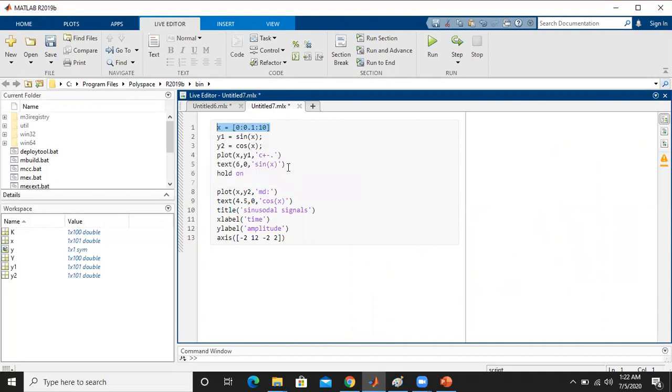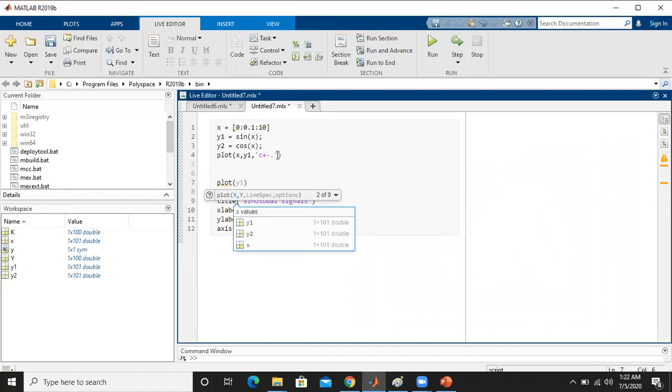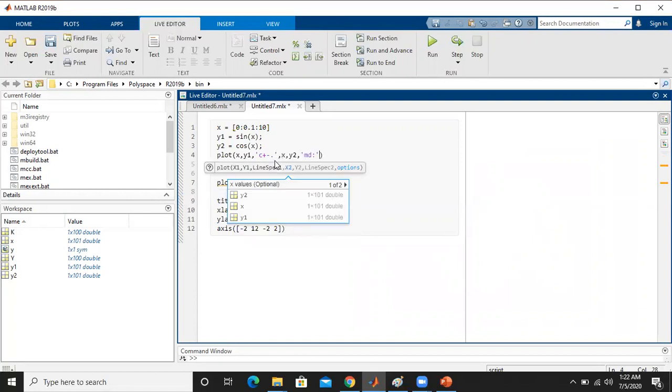Now we don't want to use this text here, and here also we have already seen that feature. Now hold on is not required here when we go for multiple things, right? Next, take this one, just paste in this. Okay, now remove this plot.